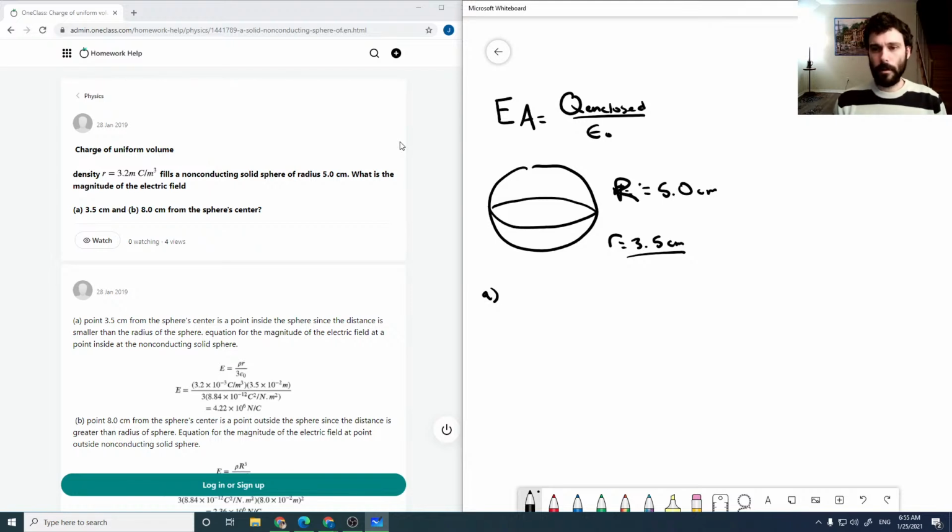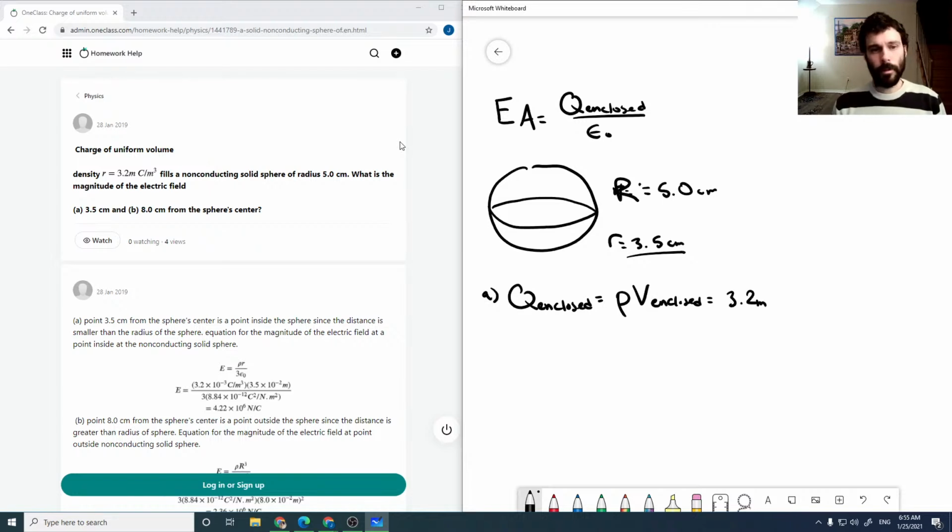So our Q enclosed will be the charge density times the volume enclosed, which will be